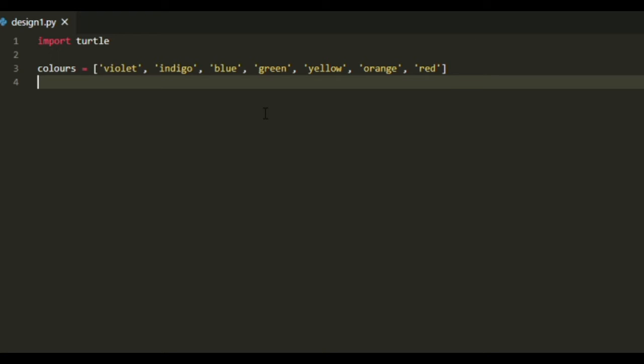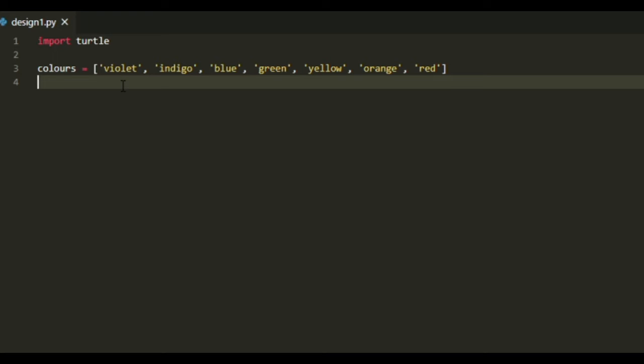The easiest thing about Python is that it is like pseudocode. That means it is very similar to normal English, and it is because of Python that we are able to write colors like this. Python is programmed to understand such colors. If it was any other programming language like Java or C, we would have to write the numbers in RGB format.